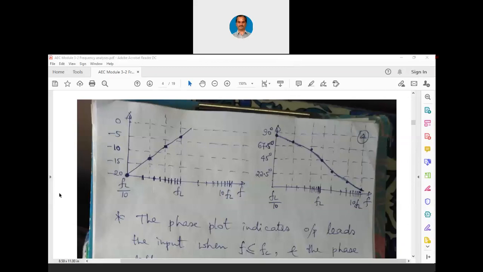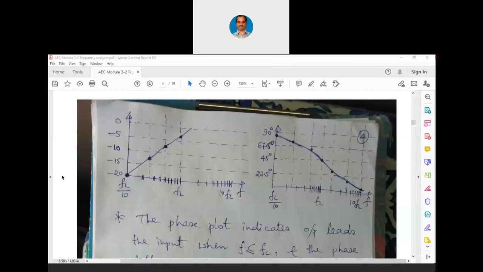Now we have a straight line. Actually, when we earlier had plotted the curve, it was not a straight line. It was basically a curve. Now because it is an ideal Bode plot, which means we have taken a mathematical value and we are plotting it, we are getting a straight line there. A straight line is never possible because we are dealing with non-linear devices. But mathematically we are getting this ideal Bode plot.